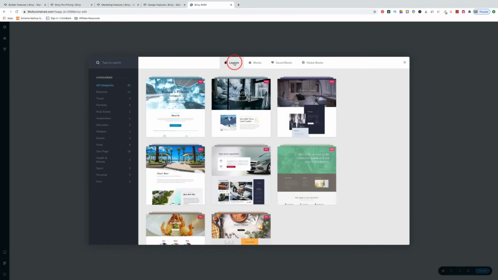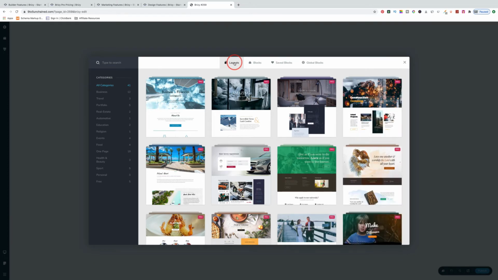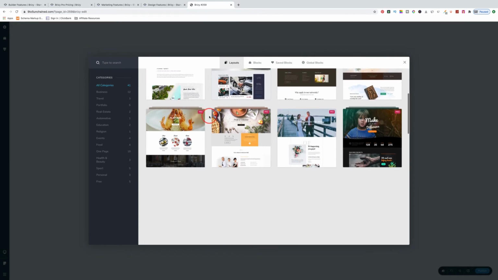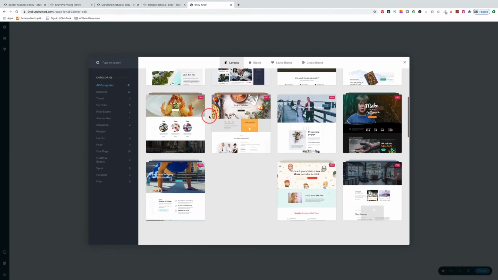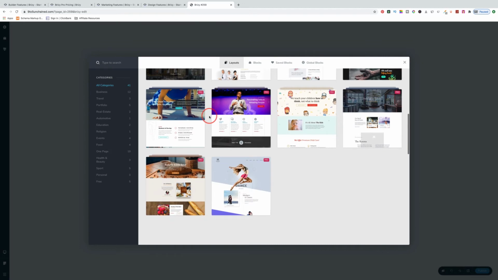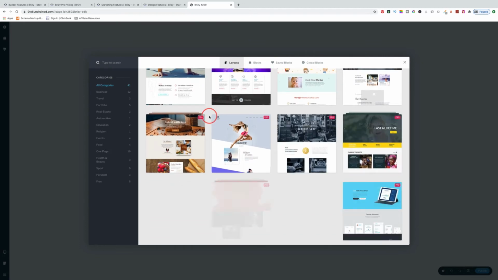If we go to layouts, sorry, my internet's a bit slow today. You can see that these are some of the layouts that are available for you to use. So there's 5 layouts here. You can essentially build a website out. You can see that all these layouts currently require a pro